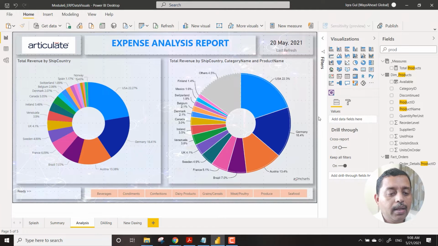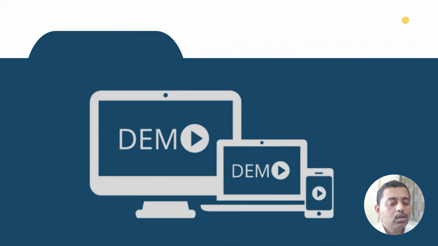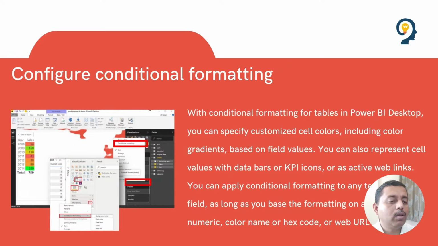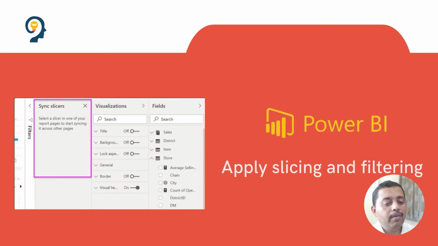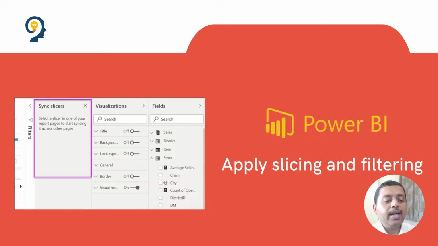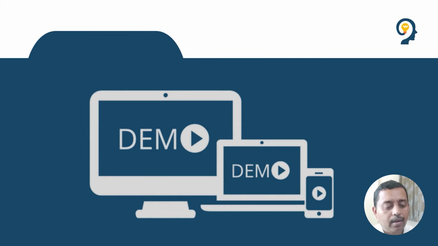So this was regarding the custom visual for donut. We will move to various custom visuals as we proceed into the sections. Let's take it one by one. So then comes the concept of conditional formatting. Conditional formatting is also an integral part of Power BI, and we'll see how to apply slicing and dicing along with conditional formatting, and how we synchronize slices. All these things we are going to see within the same data.